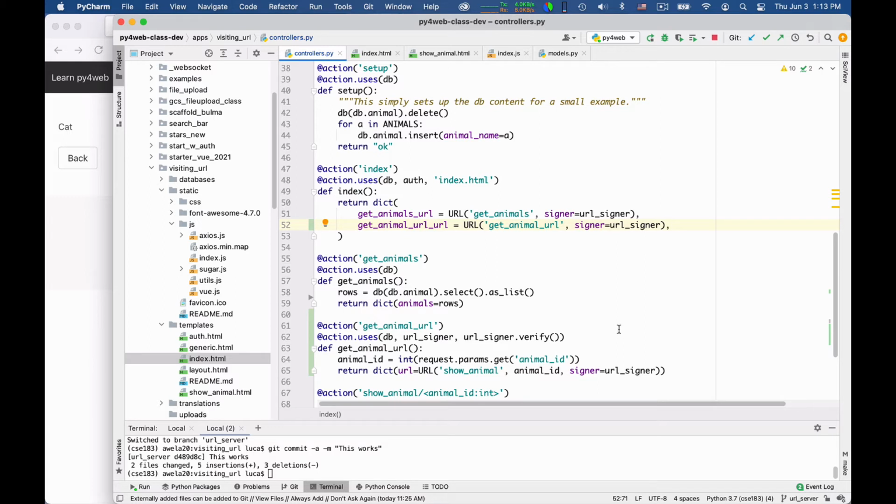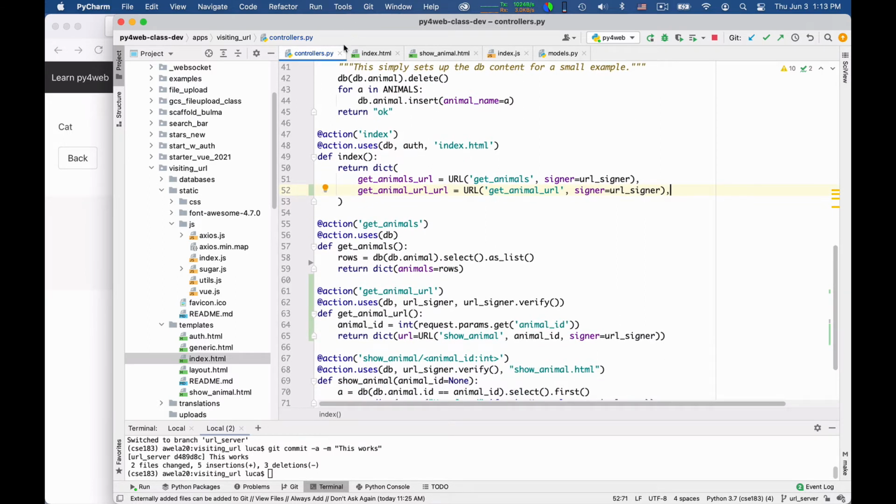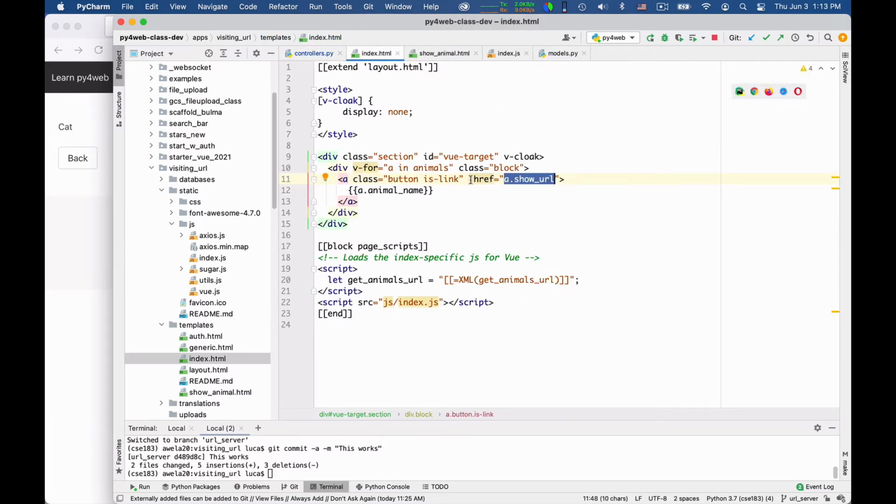Okay, and what we have to do in the view. So here we cannot have this href anymore, okay? So we don't know where to go. But what I can do is I can say that when you click here, I can call a function that is called goToAnimal, and I can say here the index of the animal to which you want to go.